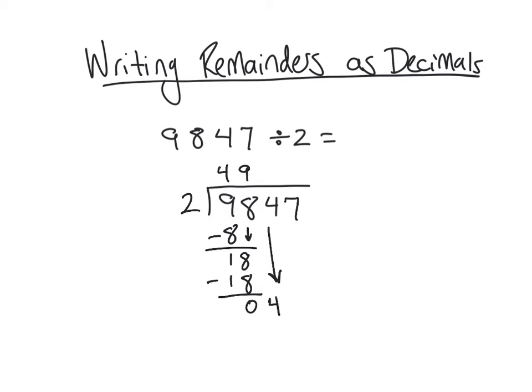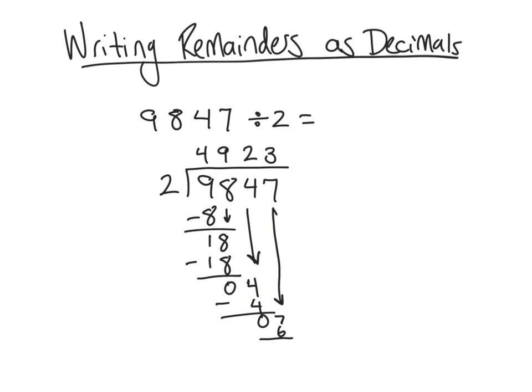2 goes into 4 twice. 2 times 2 is 4, and so I subtract 4 from 4, I get 0. I bring down my 7. 2 goes into 7 3 times. 2 times 3 is 6, and so we can see here that I am left with 1 when I subtract 6 from 7. Now, I've run out of numbers to bring down to continue this problem, and so this would